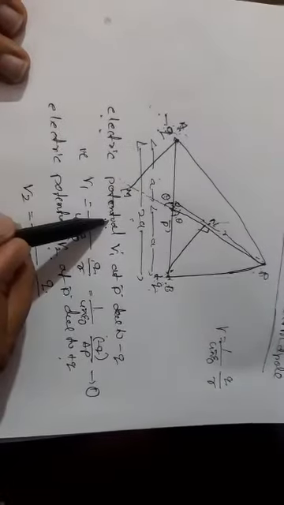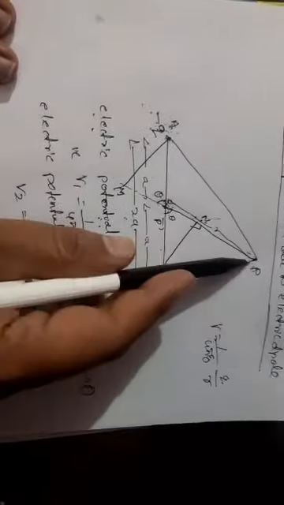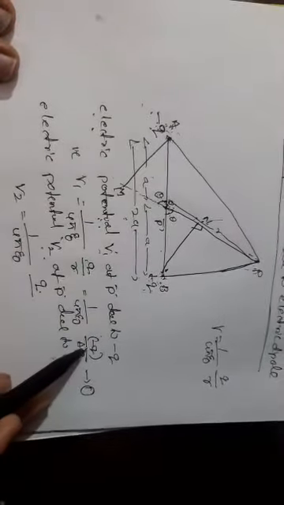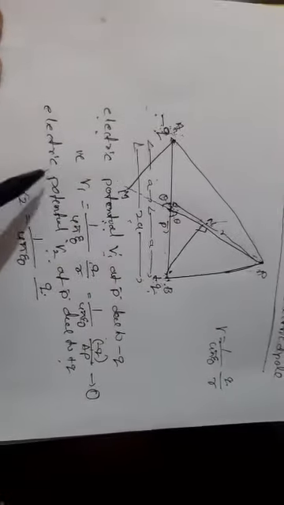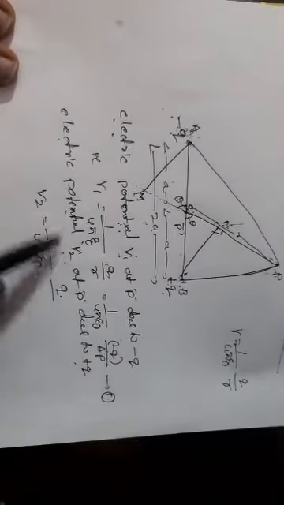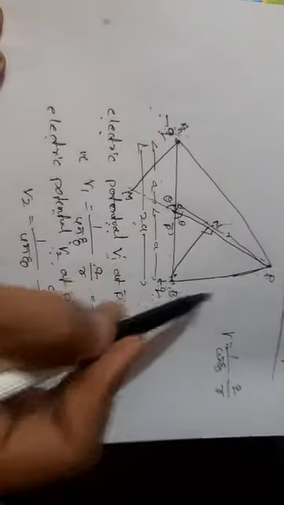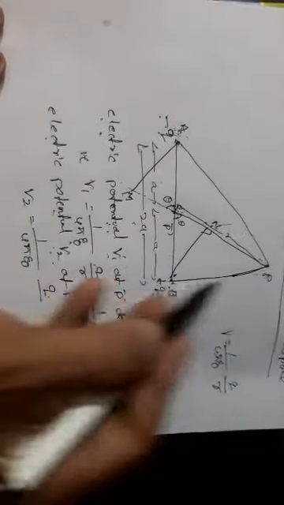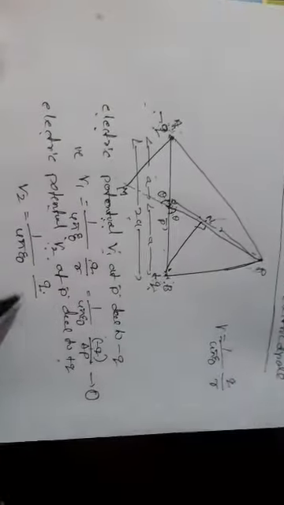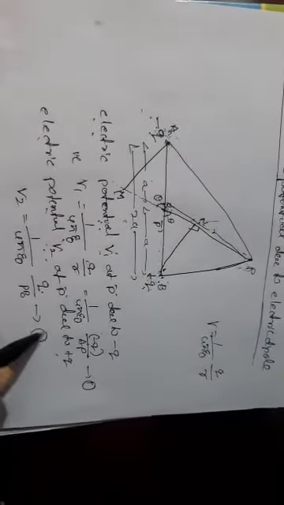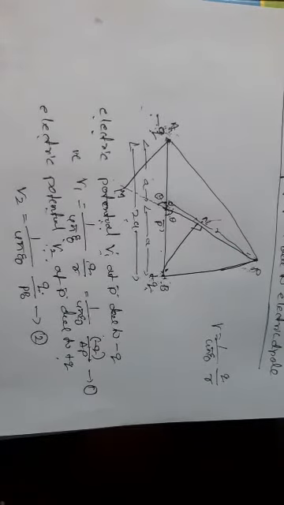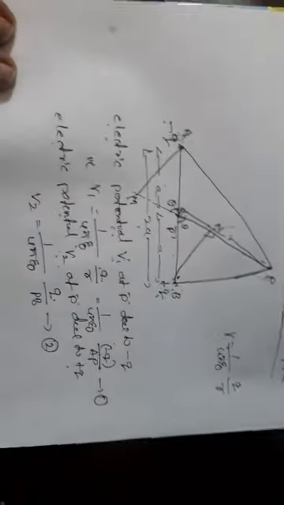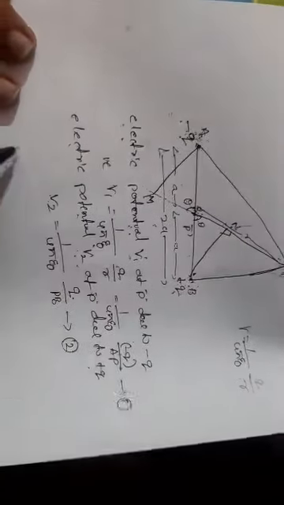The electric potential V1 at point P due to the negative charge: the charge is minus q and the distance is AP. That is equation number 1. Similarly, the electric potential V2 at point P due to the positive charge: the charge is positive and the distance is PB. That is equation number 2. Then, after equations 1 and 2, find the resultant potential.